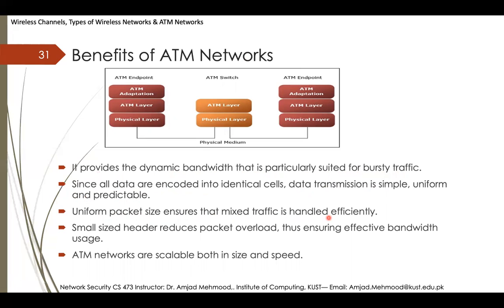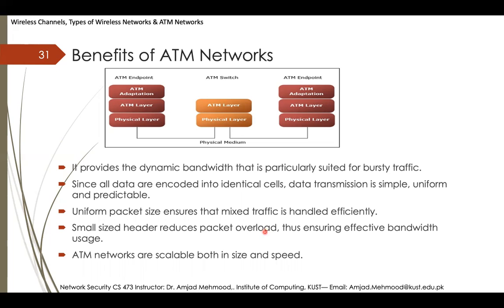So in such a network, your cell size will be the same, as we studied: normally 53 bytes, 48 bytes of payload and 5 bytes of header. So each cell will be of the same size. Small-sized headers reduce packet overhead, as compared to the packet size of TCP/IP or other